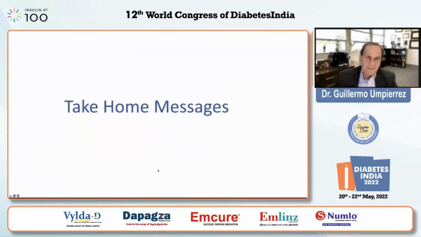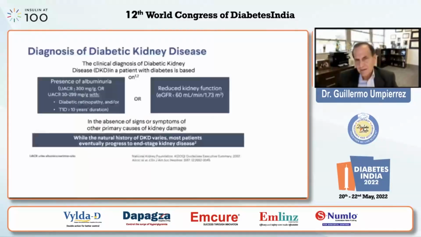So let me review what are the most important points or take-home messages of this presentation. First, screen early. Most patients are asymptomatic, and you should screen with the urinary albumin creatinine ratio or the blood test to calculate the GFR. A reduction of GFR to less than 60, the presence of